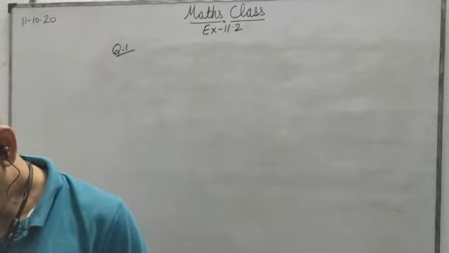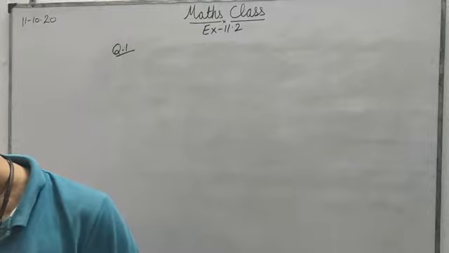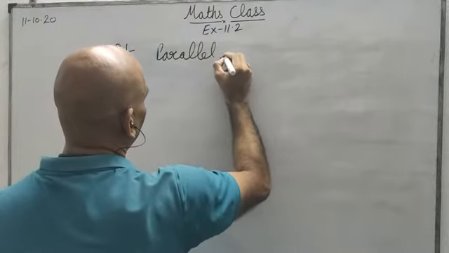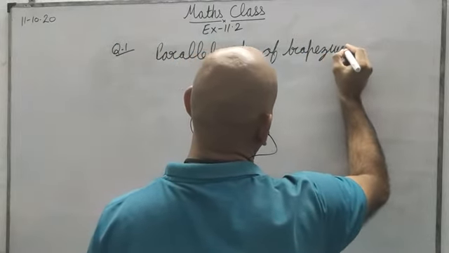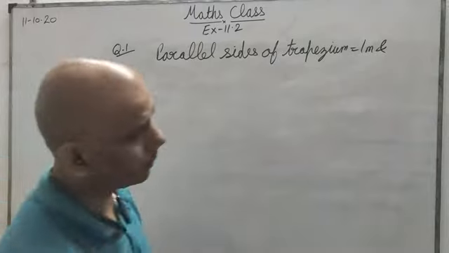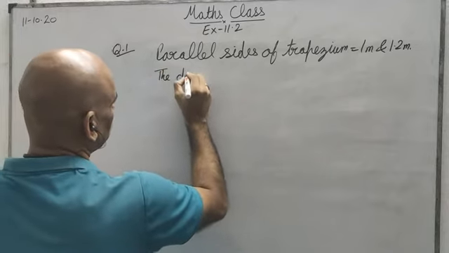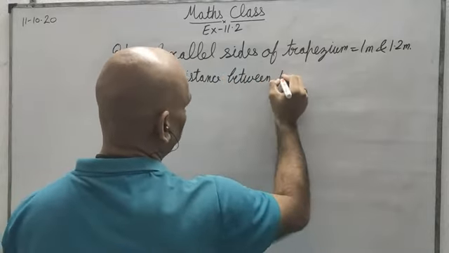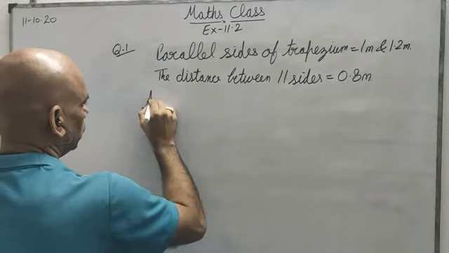Find its area if its parallel sides are 1 meter and 1.2 meter, and the distance between parallel sides is